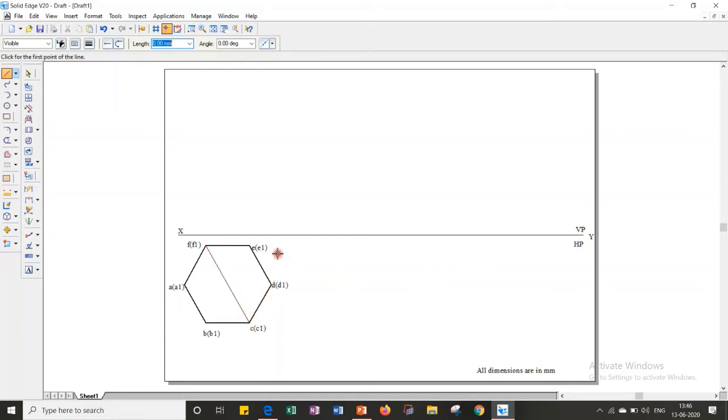Draw 2 diagonals. You will get the center of this prism. So this will be the center of the prism. Remember, in case of a pyramid, you have to connect all corners with the center using a thick continuous line. But in case of a prism, you have to locate the center using a thin line. Here the thin line is to locate the center, but in case of a pyramid, the thick line will indicate inclined edges of the pyramid. Moving on to the first front view. Project vertical lines from every corner.